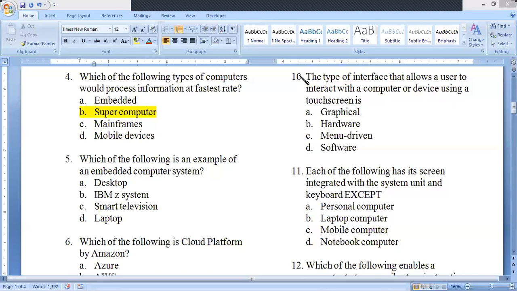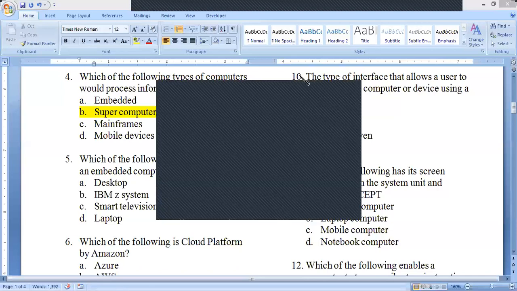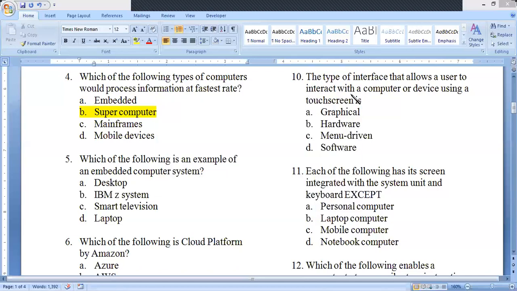All right, so after desktop, what would come next? Mobile devices. Please tell me what mobile devices do. Talk to me. Smartphones, yes. You can use them to make calls, send text messages, watch videos, play games, etc. Right?